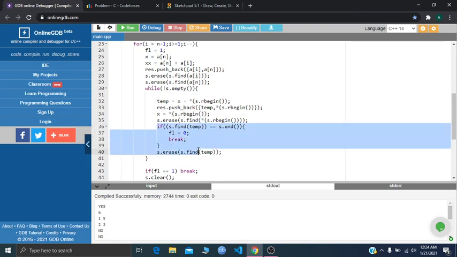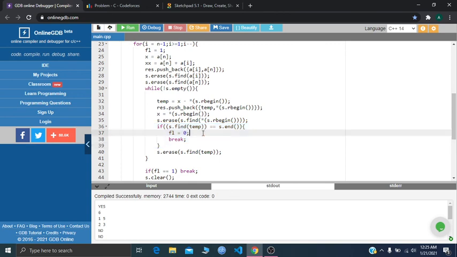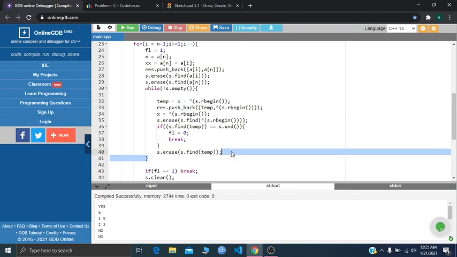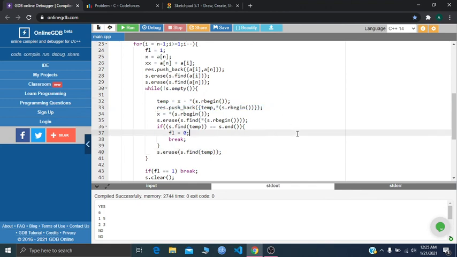If I don't find, look, this if condition is referring to if I don't find that value. So if I don't find that value, I will just keep track with fl equal to 0 and then break, because I cannot throw out all the elements if I cannot find that temp while doing my operations, and I'm going to break out of the loop. But if I somehow find it, then first of all I have to erase it from my multiset. Also I have to erase the last element, which is the bigger one, from the multiset,